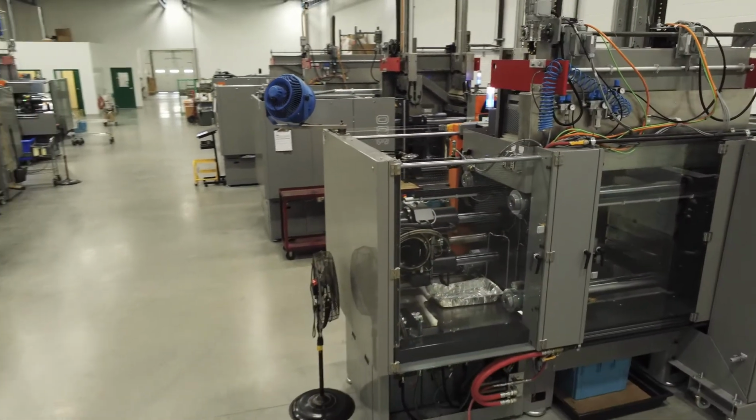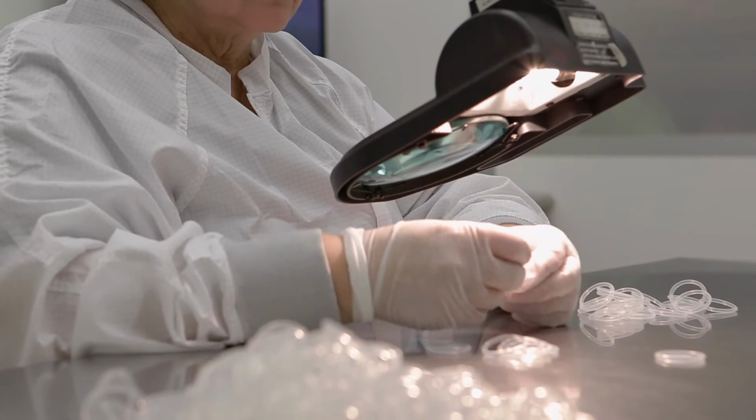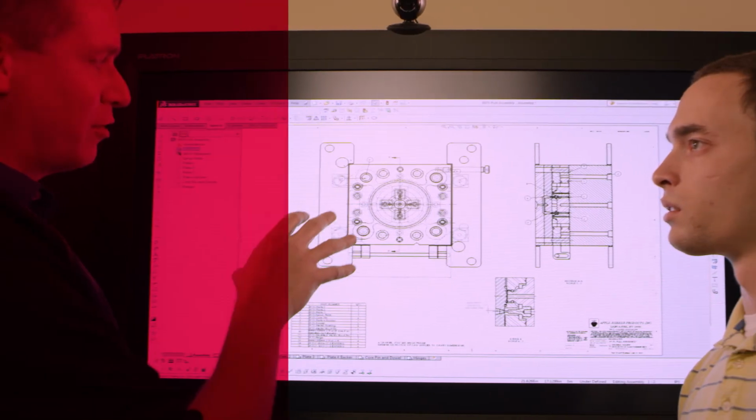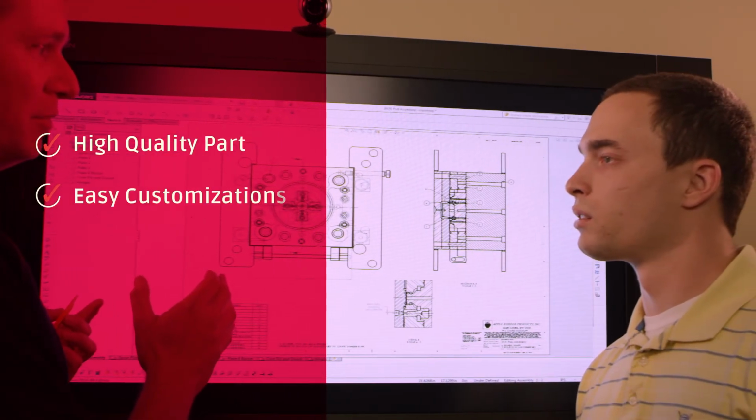No matter how specific your requirements may be, Apple Rubber's in-house molding capabilities guarantee a high-quality part, easy customizations, and